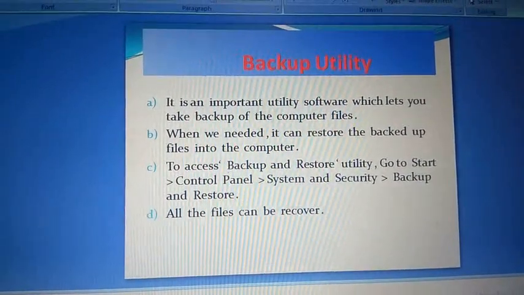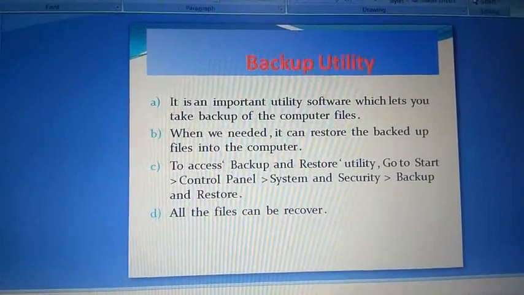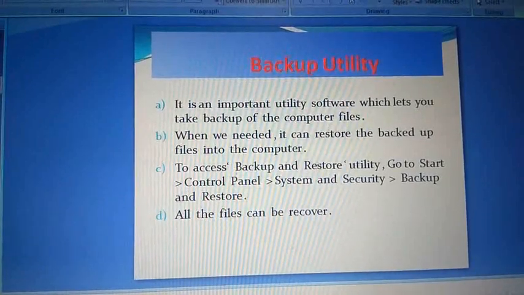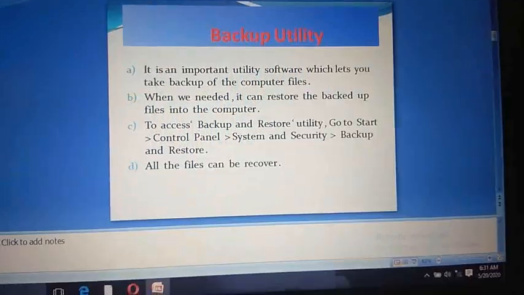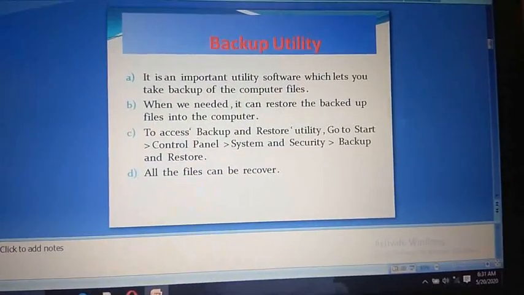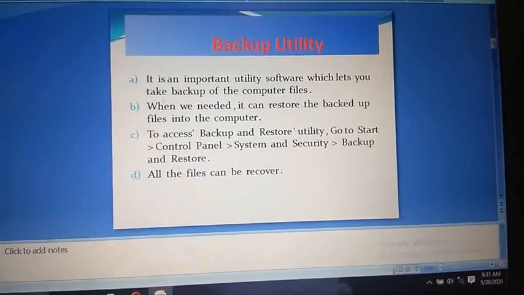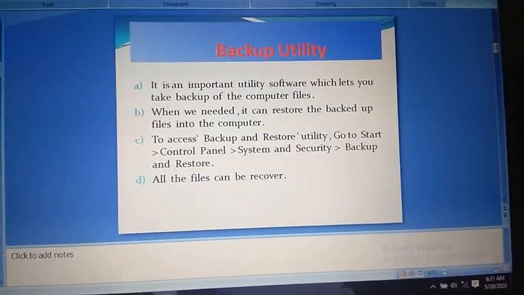These copies of files can be used in case of data loss. Backup utility means we can recover the files.